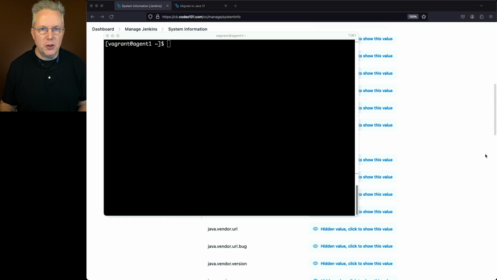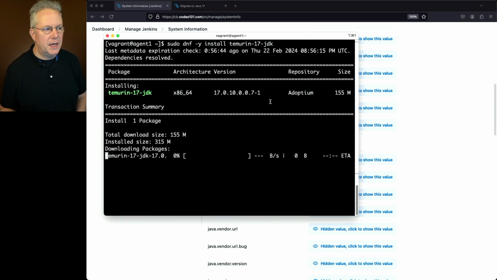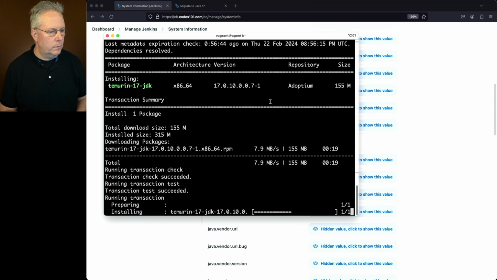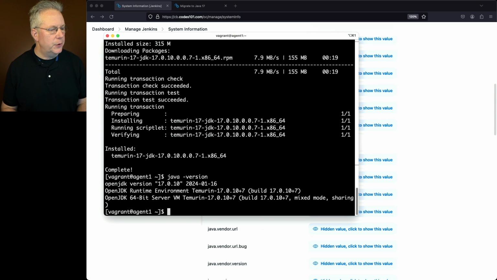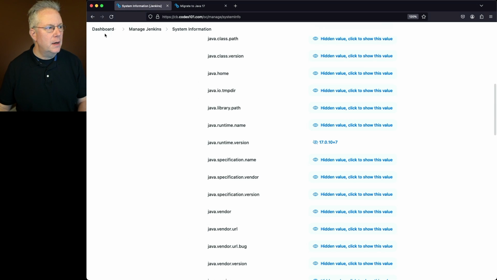So again, much like what we did on our Operations Center, we're going to do sudo dnf -y install for Temurin-17. Okay, now that the installation is complete, let's check our Java version from the command line. We can see it's Java 17, but let's go back over to our controller first to see how the agent